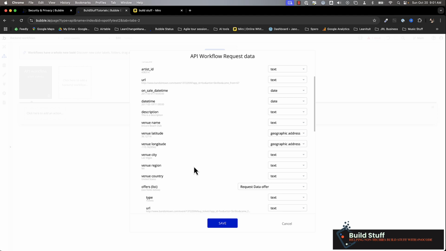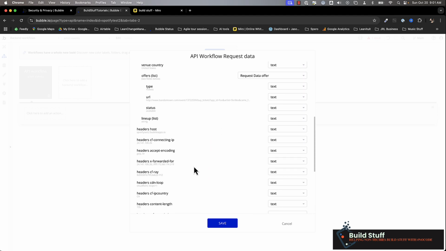So in this state, you're basically just going to map any of those values from the data that's coming from Postman into your Bubble app, and then now you can use all of those things in your workflow. Now this is going to allow me to at least test getting data into Bubble to see what it does. Now I would have to have some mapping set up, so I would need to store the ID of the